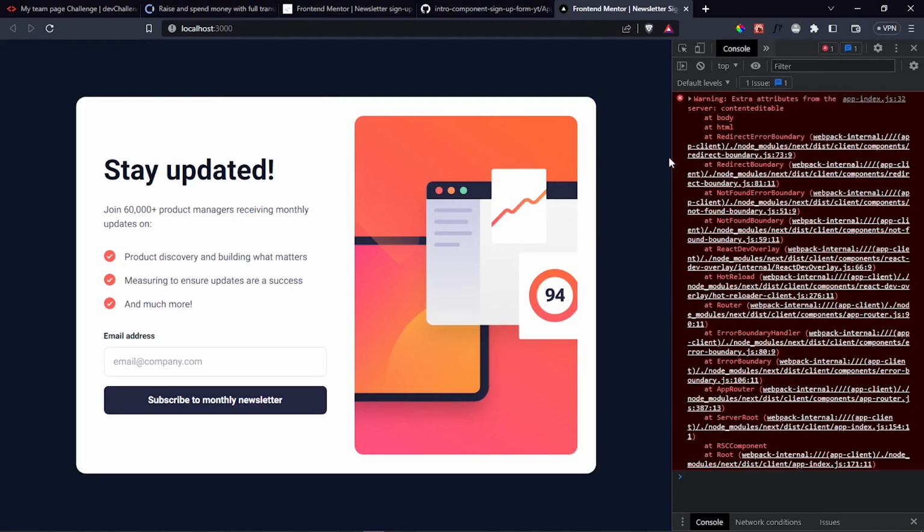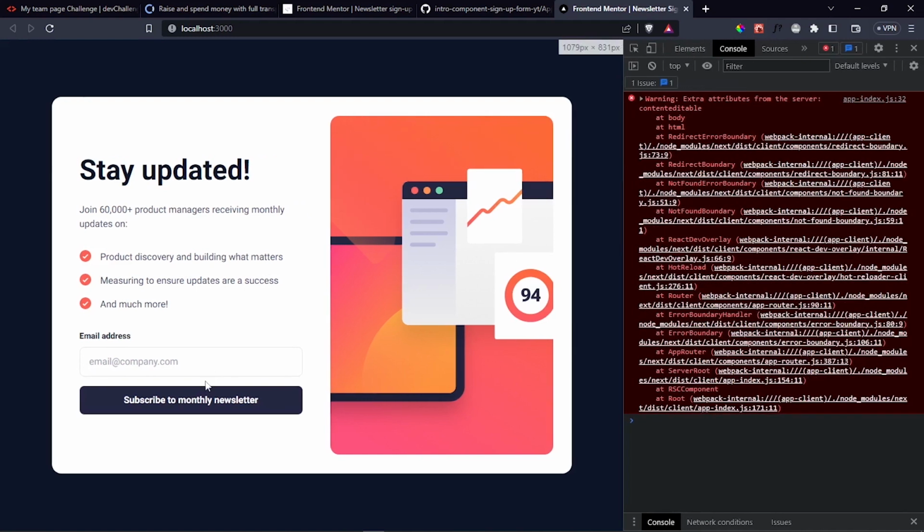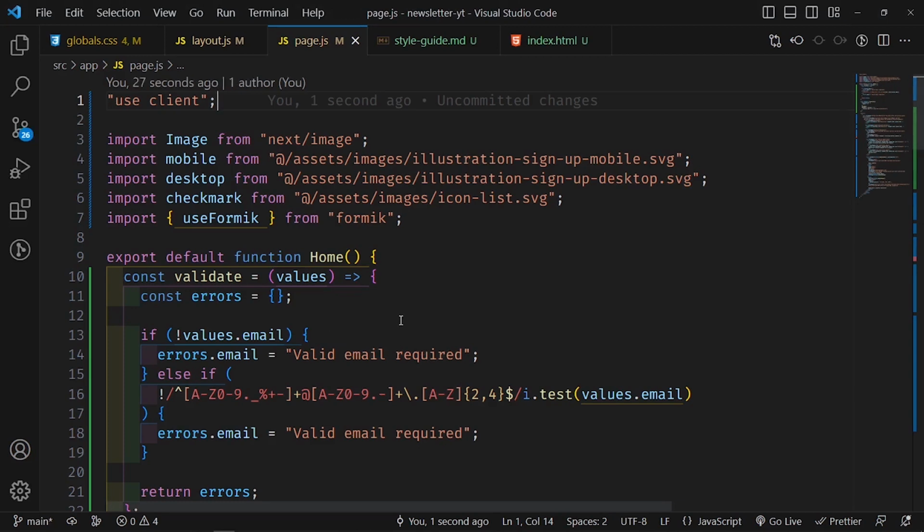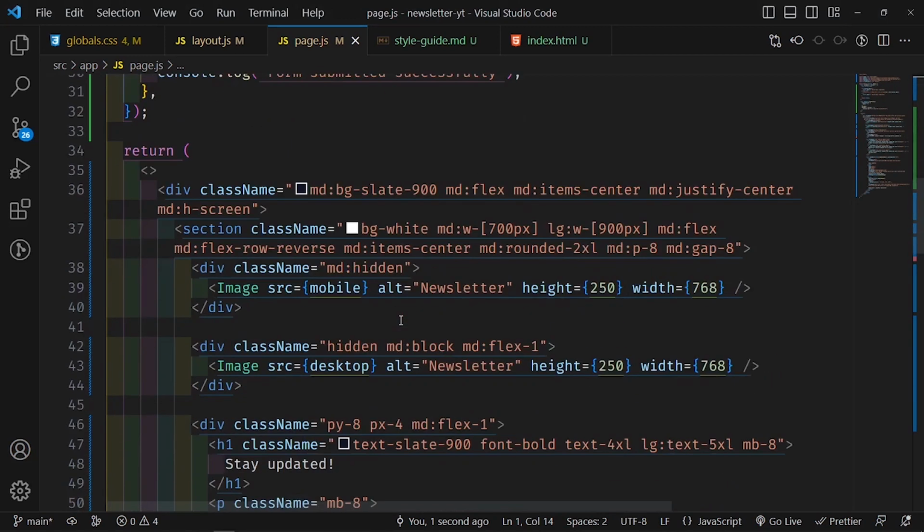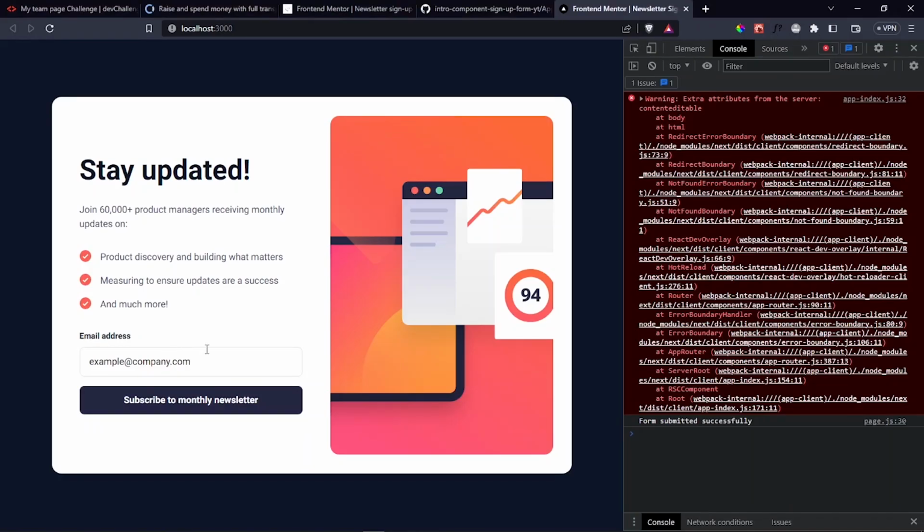And let's do this. Let's go ahead and type in an email. example@company.com, and there we go. So form submitted successfully, which means Formik is working as it should. Now what we need to do is display an error state. So for example, if I try to submit this without filling it in, then we need to display the error